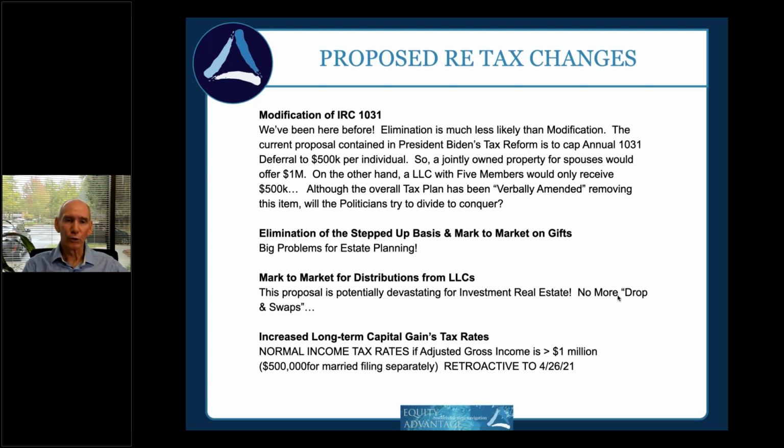But today we're talking about 1031 and what's been proposed here that's going to impact real estate and really, for that matter, all of estate planning and business as we know it. So the primary concern we've seen focused on is the cap at $500,000 per person per year. Now keep in mind that per person could mean, if you've got a property that's owned by a limited liability company with a half dozen owners, each member of that entity would only be entitled to the $500,000. So hopefully that does go away and stay away. It would be a tough situation.